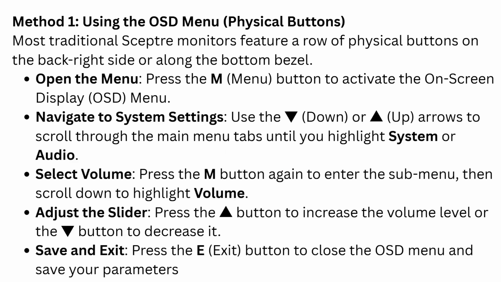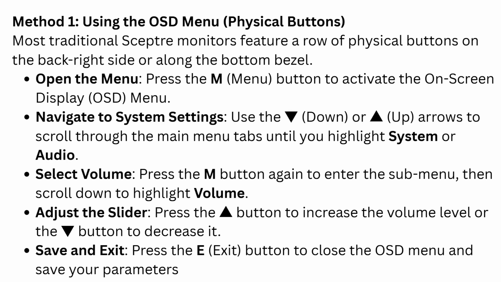Most traditional Sceptre monitors feature a row of physical buttons on the back right side or along the bottom bezel. Open the menu: press the M, that's the menu button, to activate the on-screen display OSD menu. Navigate to System Settings: use the down arrow or up arrows to scroll through the main menu tabs until you